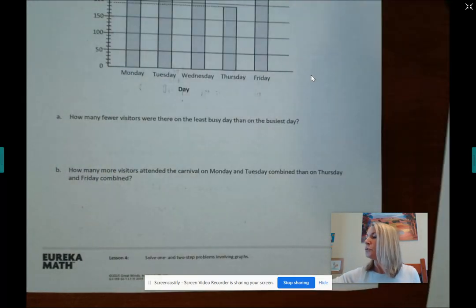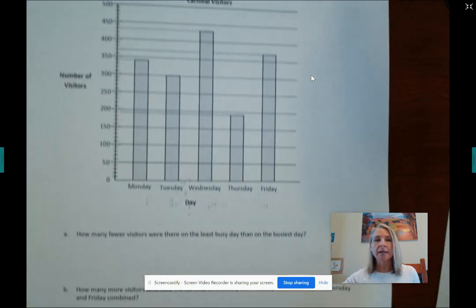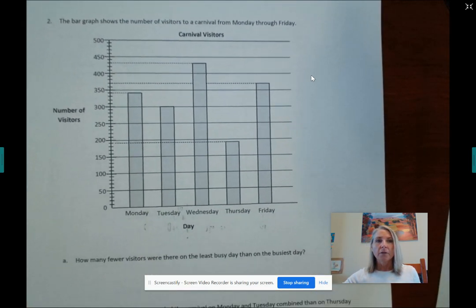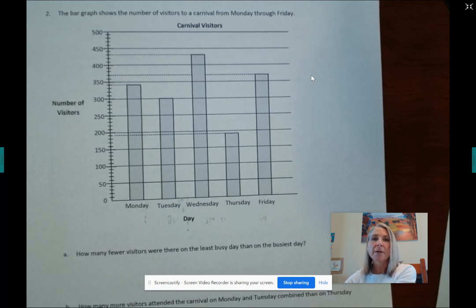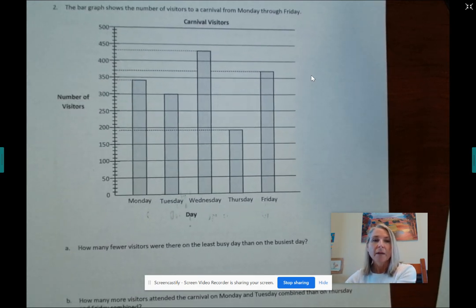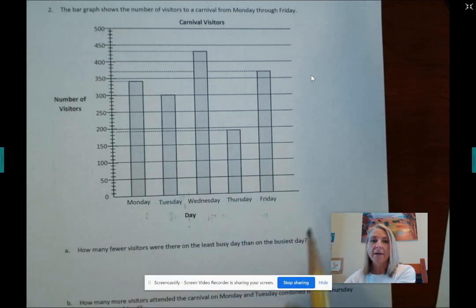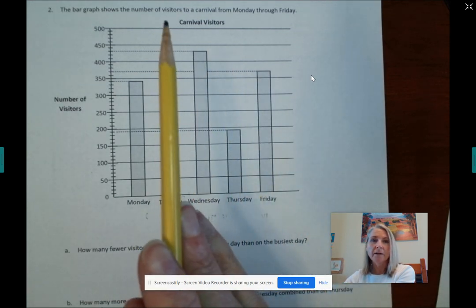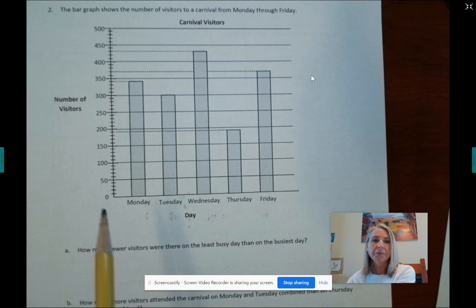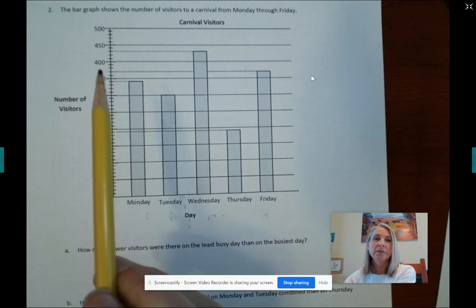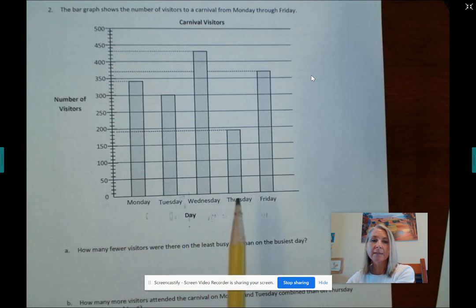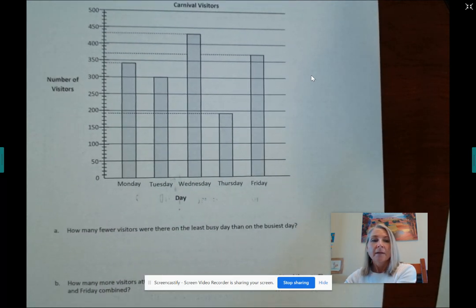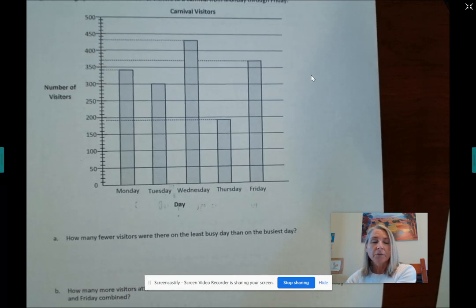Alrighty, let's move on. So next up, we have the bar graph shows the number of visitors to a carnival from Monday through Friday. Now, looking at our graph, get the lay of the land, right? We got our carnival visitors as our title. We have the number of visitors working up the y-axis, and then the days of the week working along the x-axis. This one is really just focusing on